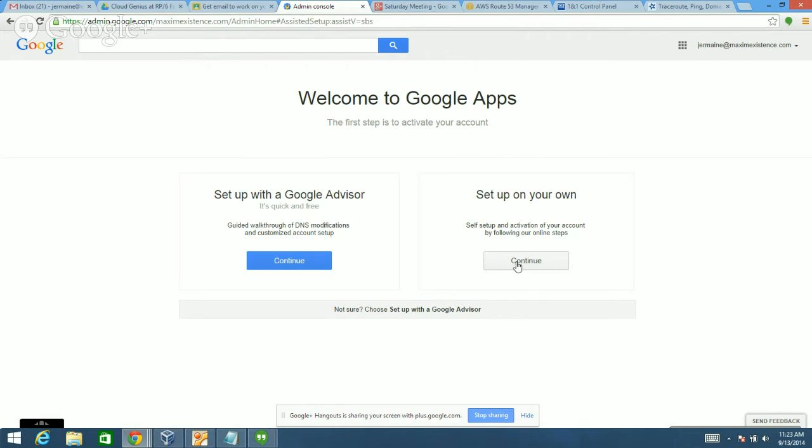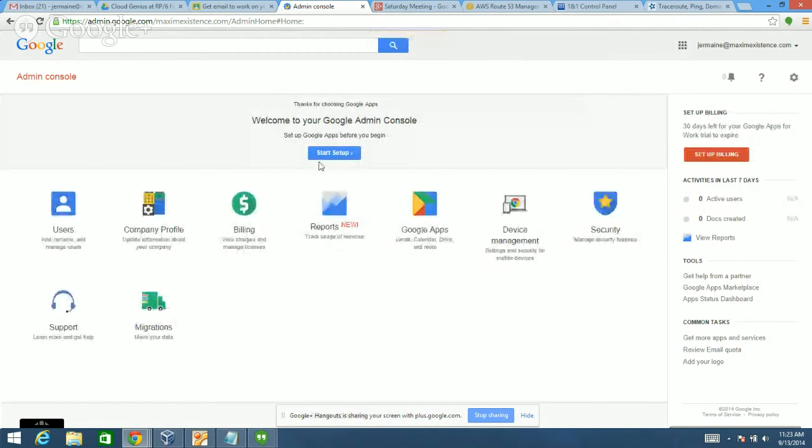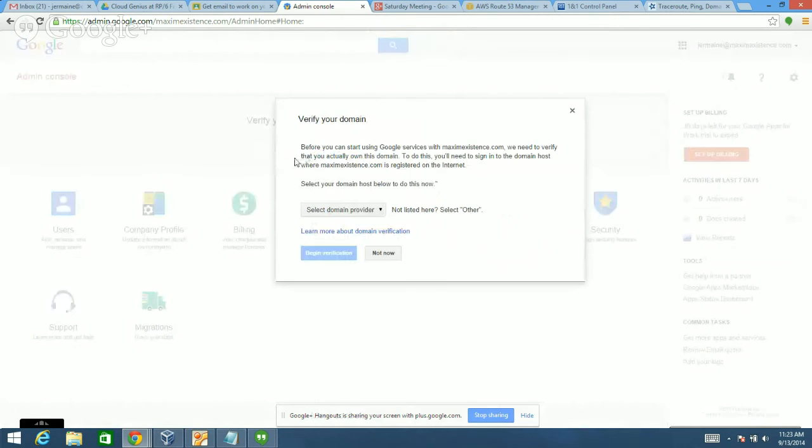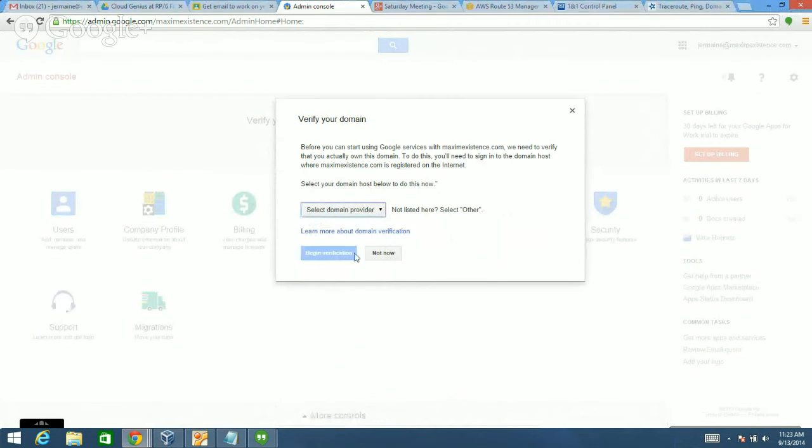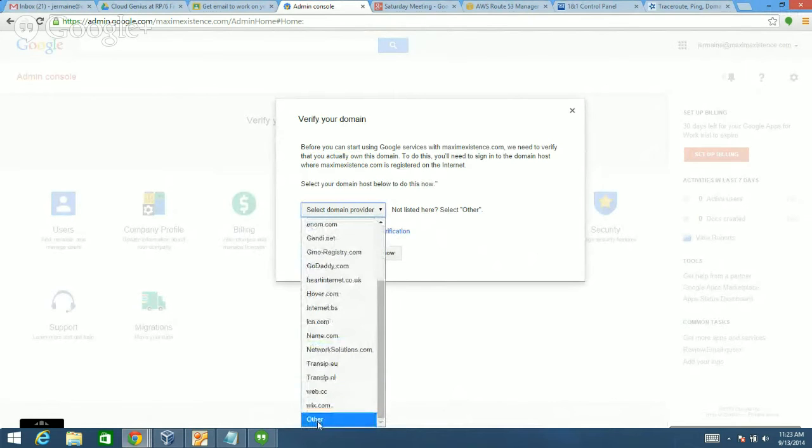At the end of the day, if you're running a business, you do not. Yes, continue, sir. Jermaine, continue. You want to start setup and do it manually. The blue button on top, continue, and verify your domain. That will give you a TXT record, and you take it from here and go to the other section at the bottom, other, and just keep on renaming the domain.